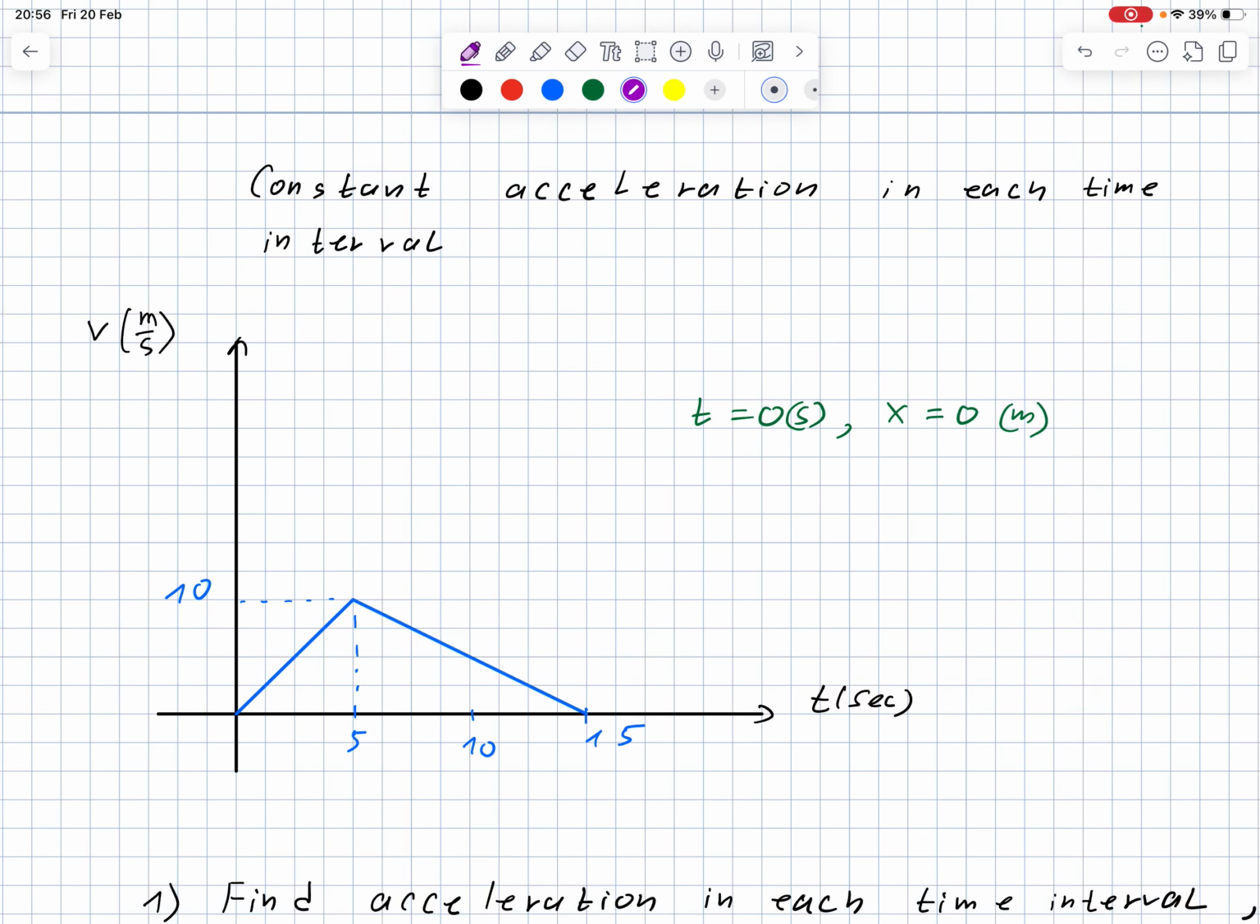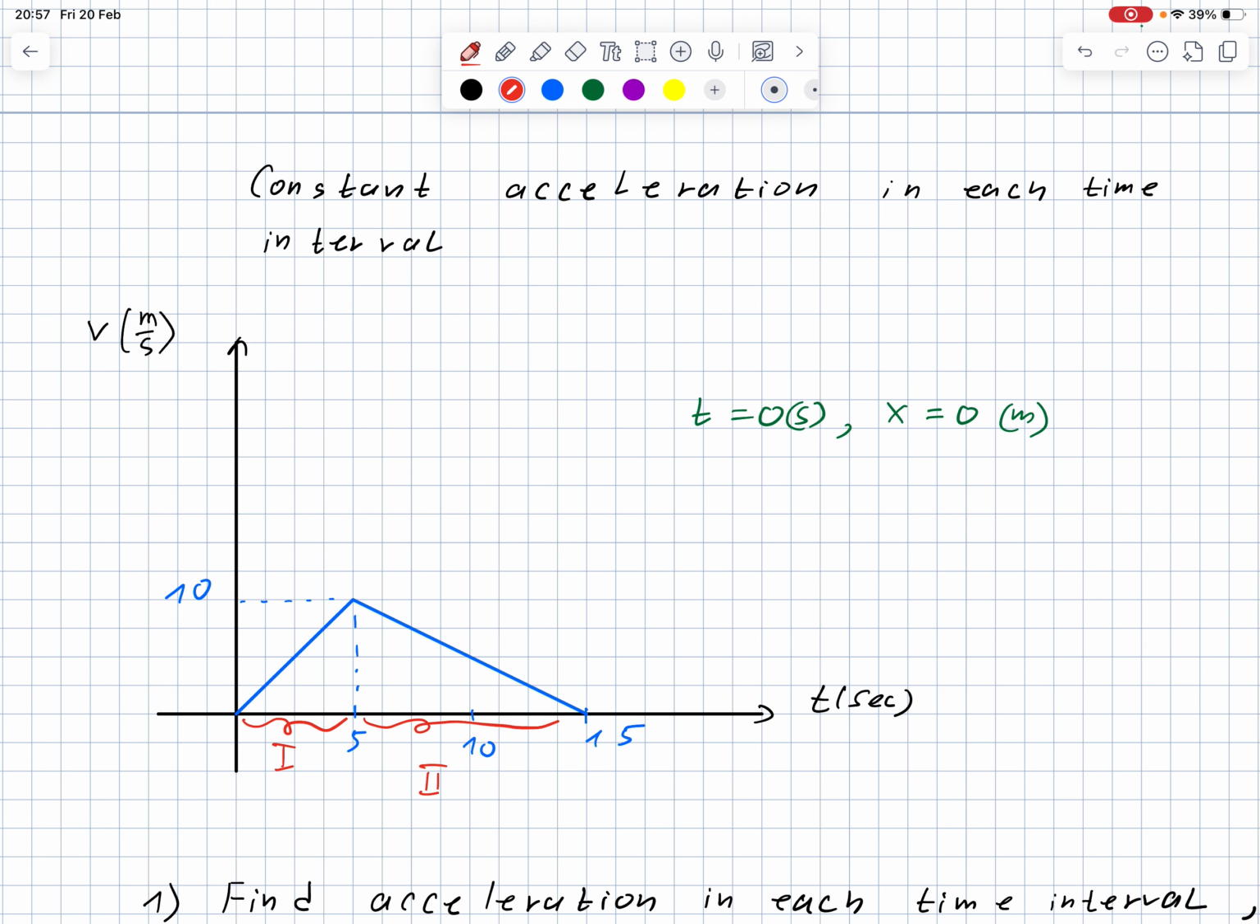Hello everyone. We're going to try to solve something like constant acceleration in each time interval. As you can see, you have a graph of v of t, and you have two segments. This is our first segment or time interval, between 0 and 5 seconds, and the second segment